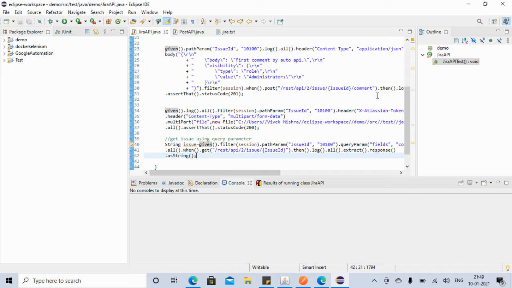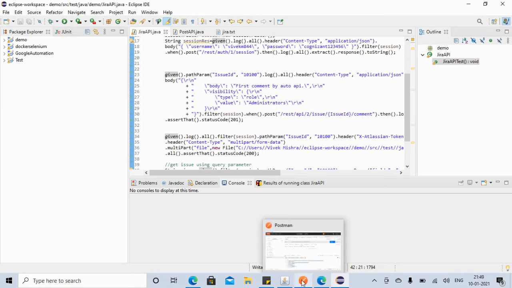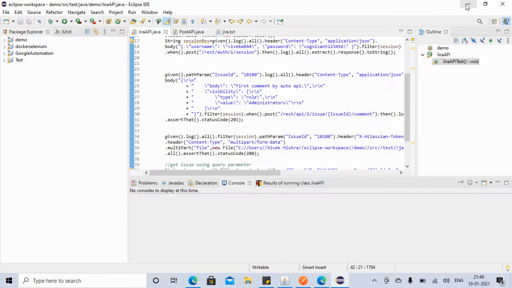Before that, what I will do, instead of this issue ID, is use the issue ID that we have created. The issue ID that we just created now is this, right? 10200. So let's copy this and use this issue ID, because we just created it.